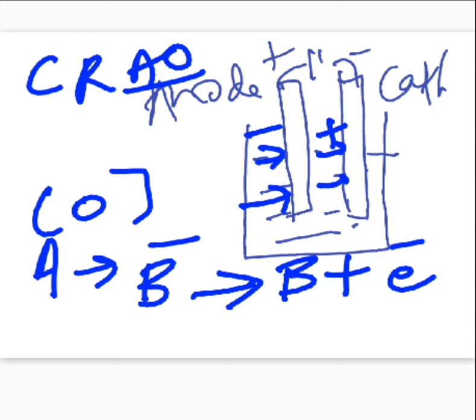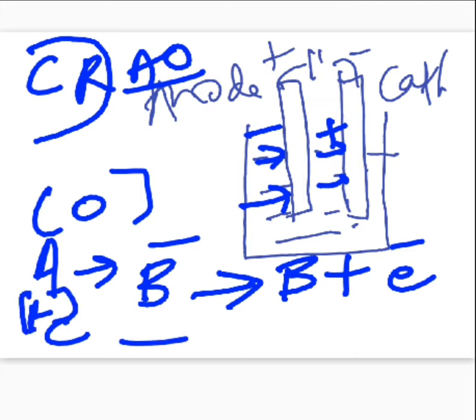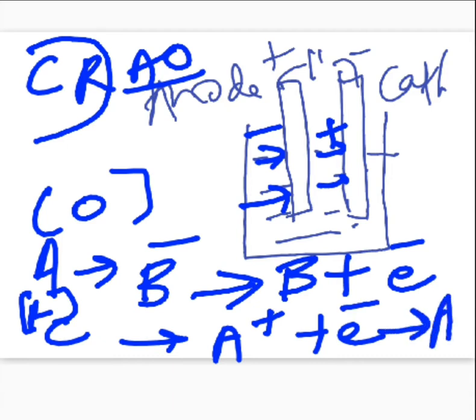And what will happen at cathode? As soon as the cations reach the cathode, they will start gaining electrons because at cathode reduction takes place. Okay, so at cathode reduction is taking place, and that I can represent as A plus accepts electrons and converts into A. Is it okay? Whereby I am saying that AB is an electrolyte which has been taken in its aqueous form or in its molten form.